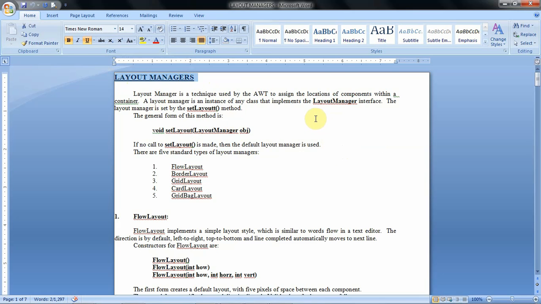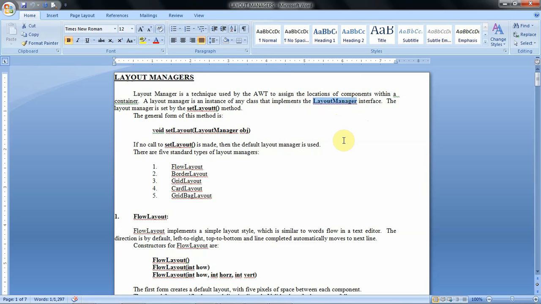So in AWT the layout managers are implemented as interfaces. Each layout manager interface is implemented by some of the layout manager classes.